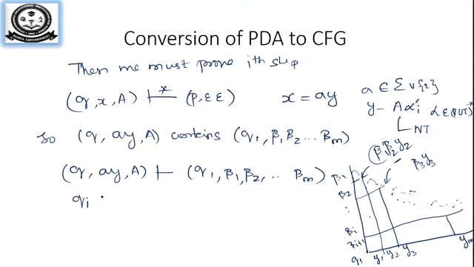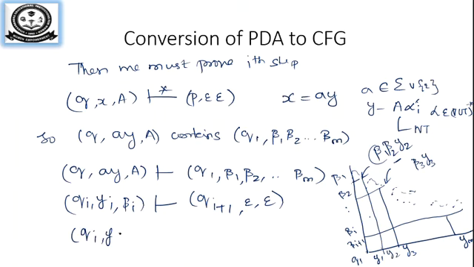So if it is (qi, yi) and βi, I can derive to (qi+1, ε, ε). So all the non-terminals have been consumed. So for the ith step, (qi, yi, βi) can derive to yi. Okay, so now with this term, what I can say over here is